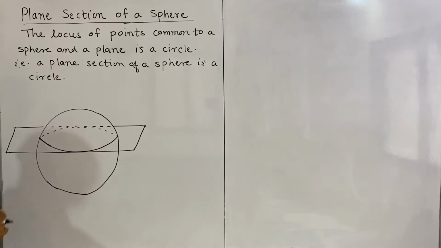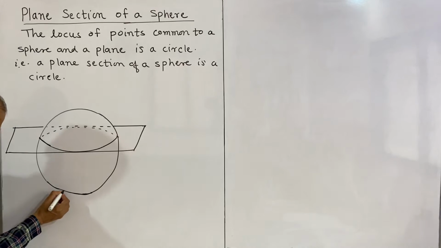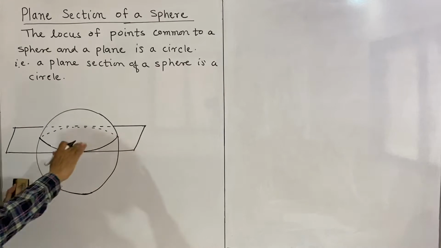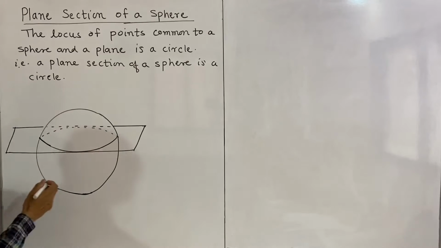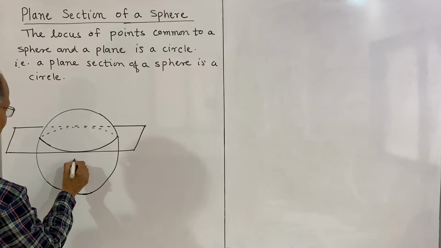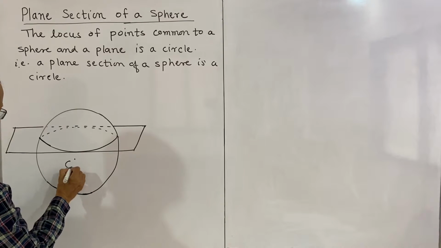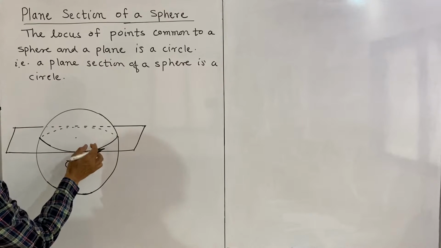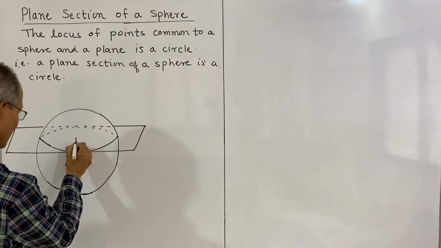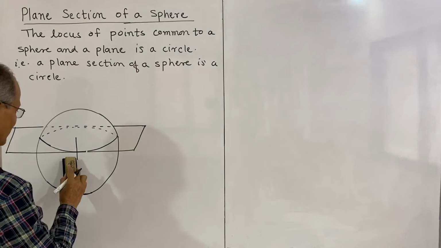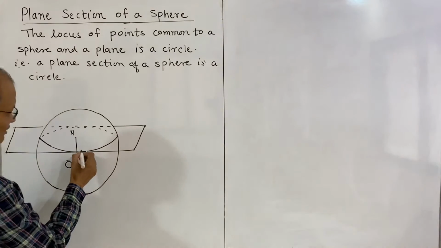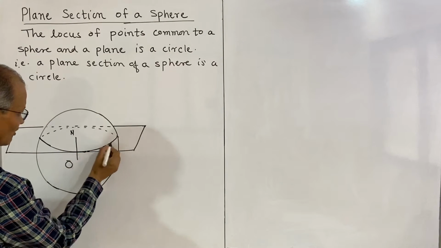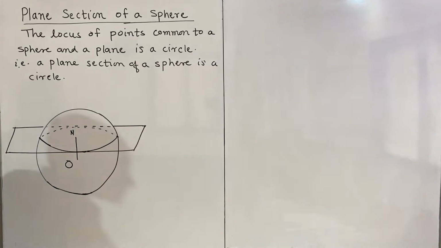That we have to imagine. So a sphere is cut by this plane and we obtain a circle. So any section of a sphere with a plane is a circle, that gives a circle here, and we can now consider this as the center of the sphere. Suppose O is the center of the sphere, this will be the center of the circle here, and we can draw a perpendicular from the center of the sphere to the center of the circle. Let this point be N,